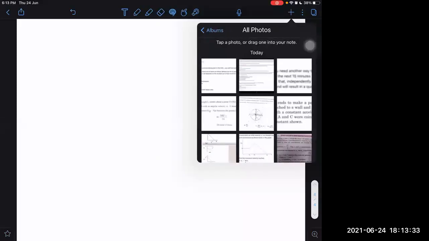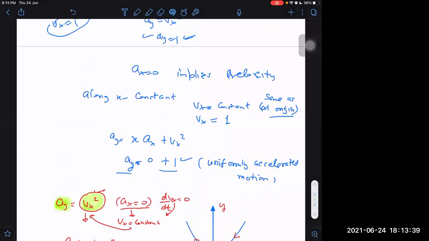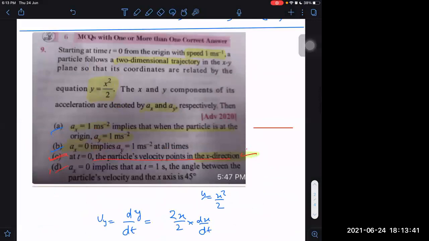Next question is, although this was not required for this week anyway, it is, but because I did 2D motion also this time only, so I thought better to discuss. If I have to tell you a quick way to do it, you know how we can understand and analyze it thoroughly, easily. It is a parabola. Is it a parabola or not?